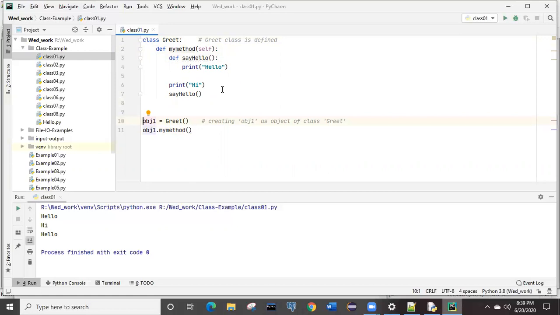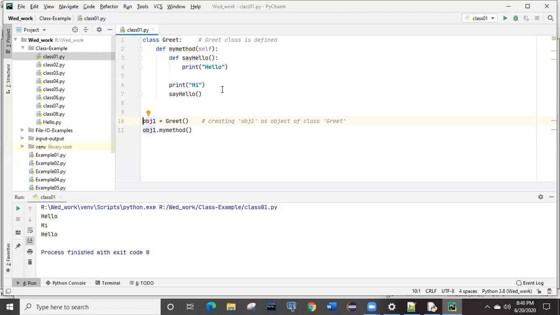So basically, if you don't want to create any object of a particular class, and you want to call the method of any class, like here at line number 10 we are creating an object of the class, and then we are calling my method, right?